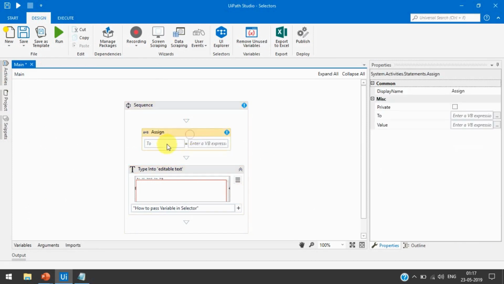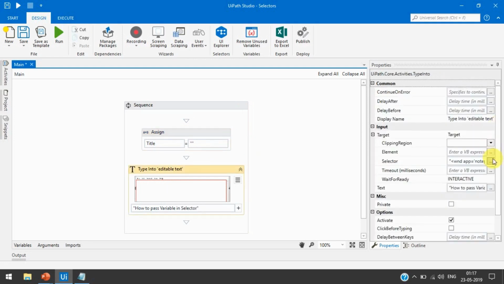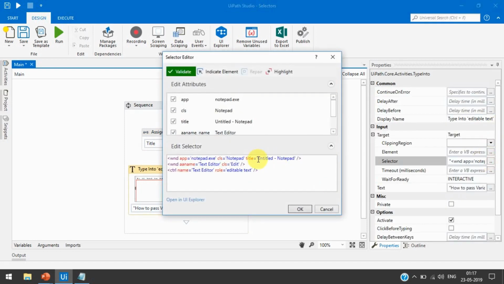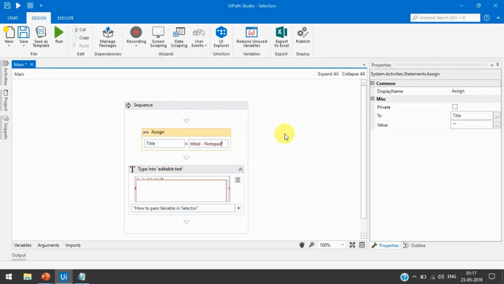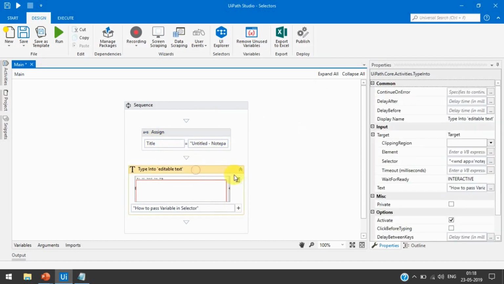I am taking one variable, Ctrl+K, for the title, Notepad title, and in the value I am just copying and pasting the same thing. So now we have the Notepad title in one variable called title.